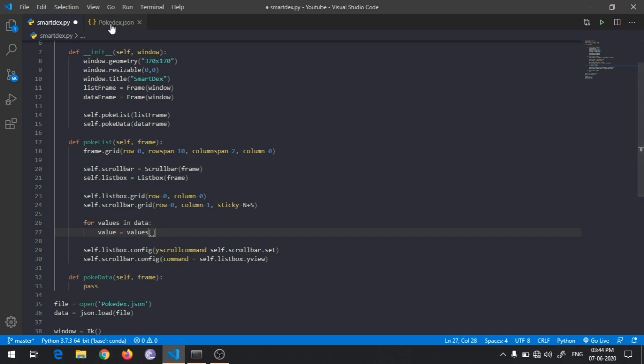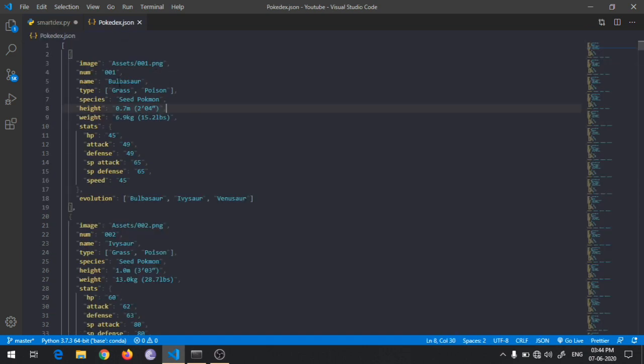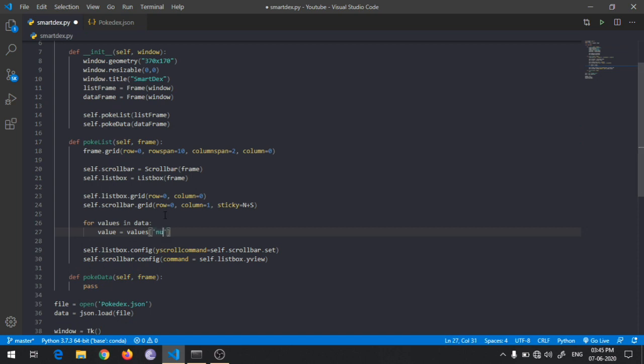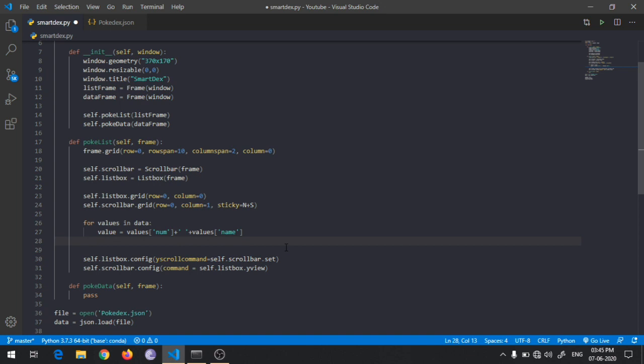As you can see here, there is a structure. The key for the Pokédex number is num, and the key for the name of the Pokemon is name. I will give that. So num plus value name. So this value will be added, and we will be using a for loop for adding each of the values.